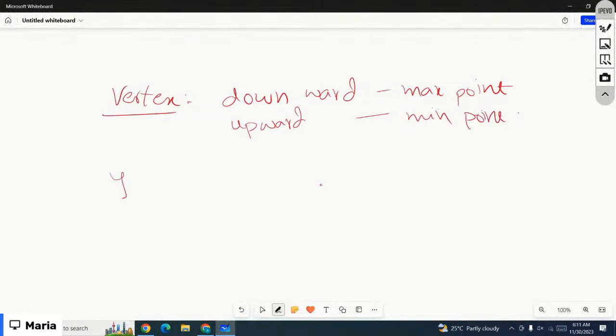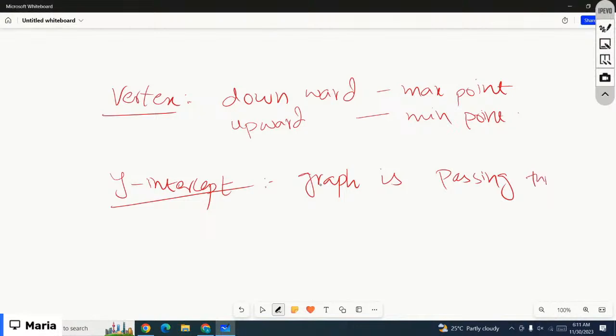Then we worked on the y-intercept. The y-intercept is a point where the graph is passing through the y-axis, right? And the third thing is, I forgot,